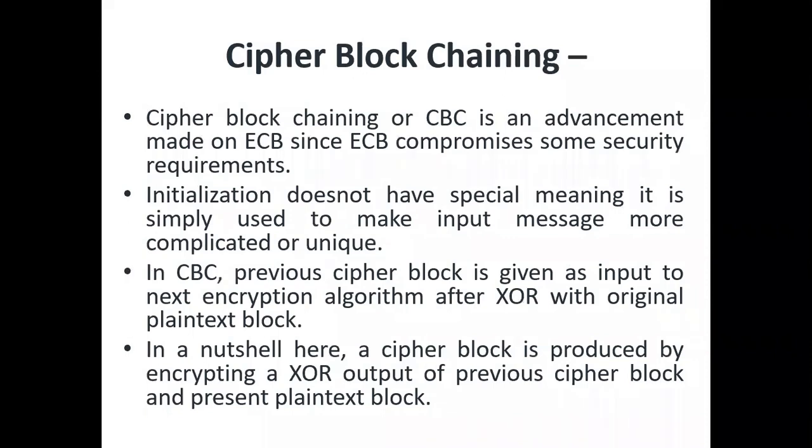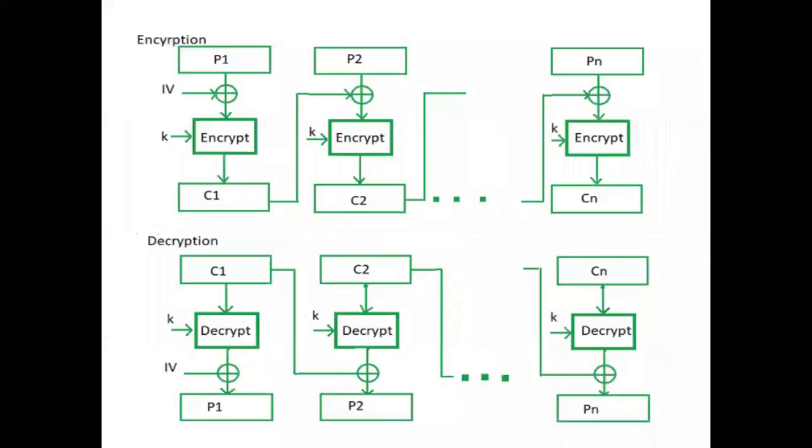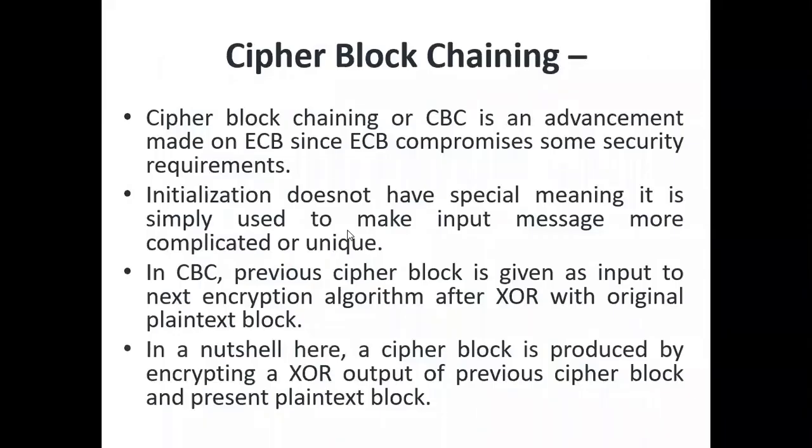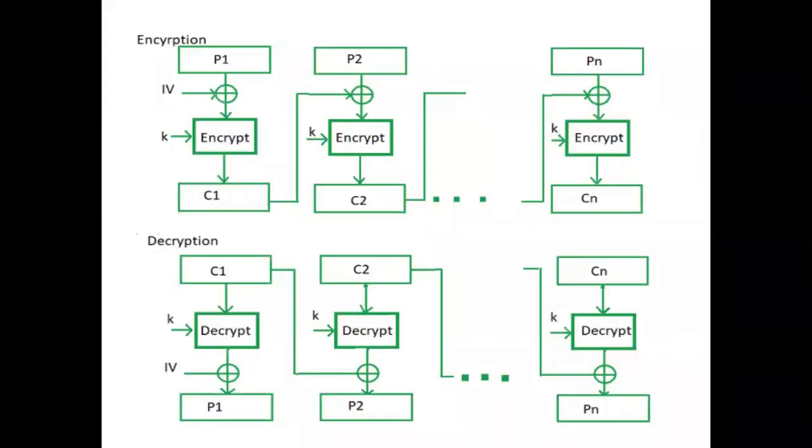Next, the second mode, cipher block chaining. Cipher block chaining mode. In the title, you can see block chaining. Chaining means linking to each other. Which one do you have to link? The cipher blocks you have to chain to each other. Let us see the structure for a better understanding. You can observe here, C1 is connected to the next round and C2 is connected to the next round. Like that, C3 is connected. See that the ciphers are connected, linked. So cipher block chaining mode.